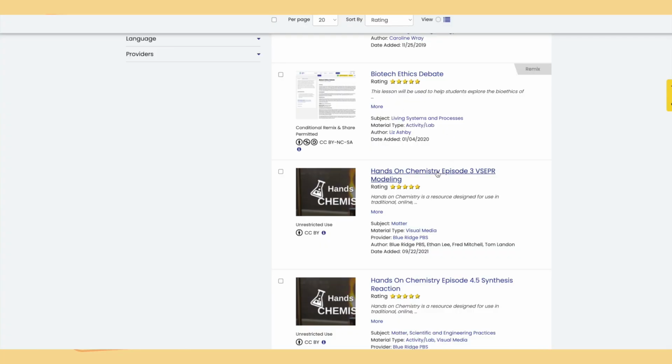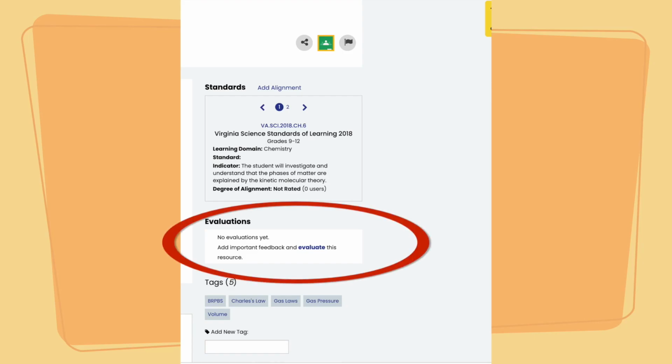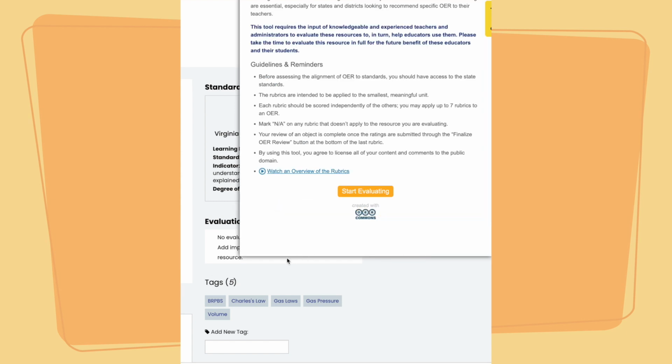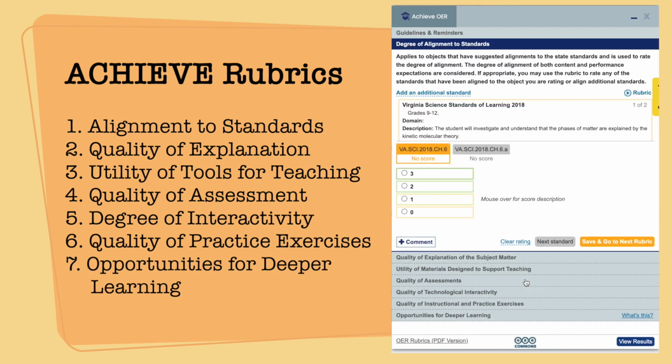So if you are signed in, you can go to any resource, and on the right-hand side of the navigation, there's going to be a tool that says evaluation tool or evaluate a resource. You're going to click on that and it's going to open up a rubric. And it's just going to help you realize what high quality content is, because that's the problem with open